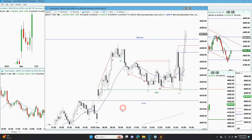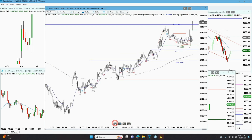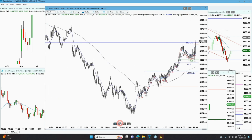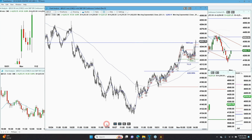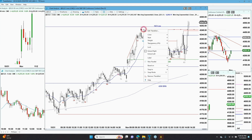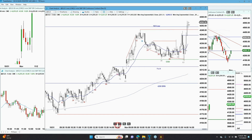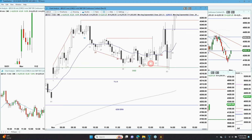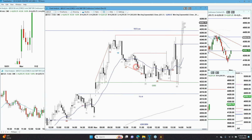The other problem I have is just the overall context. Trading range day, we're breaking out above a lot of highs. Chances are there's going to be sellers above today's high right here. So I think we're always in long. Market's probably going higher. We're probably not going to go that much higher. High one buy, but